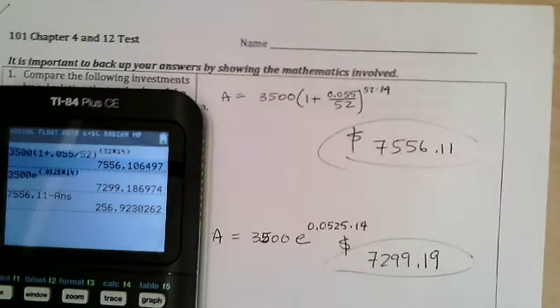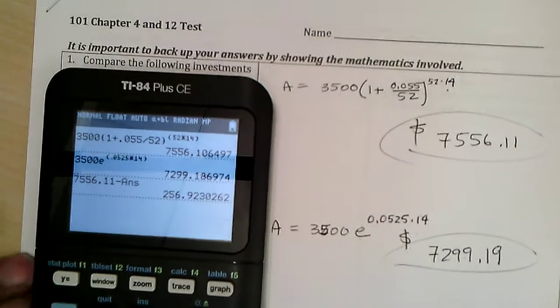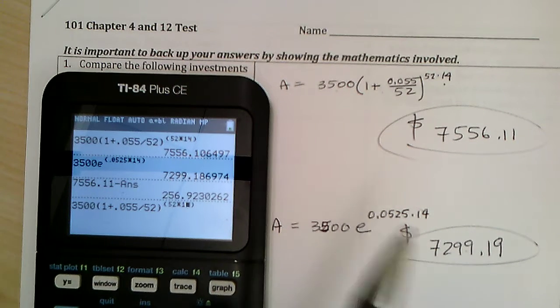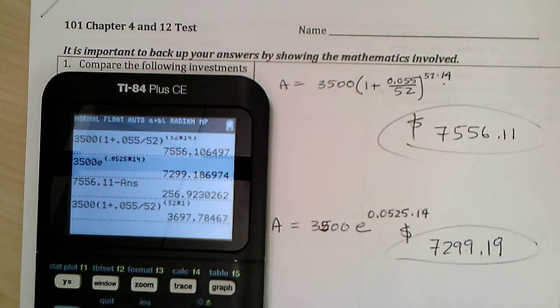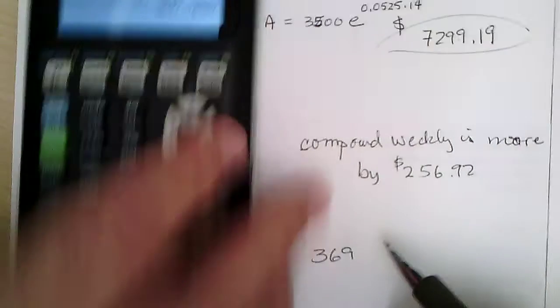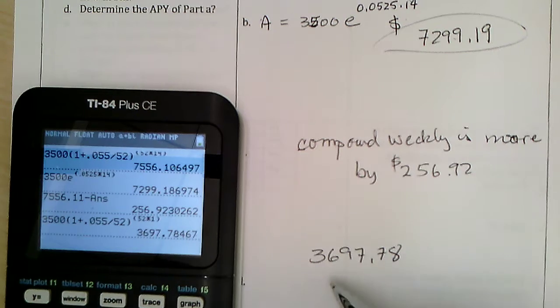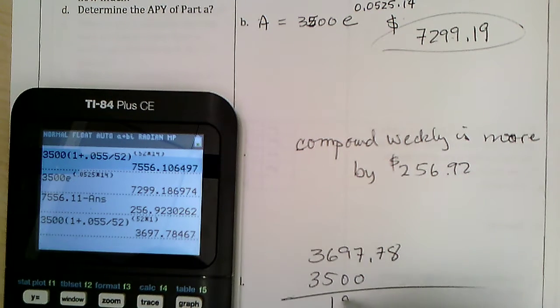And then the APY. So now we got to go back and figure this out for 1 year. So I'm going to go back to that problem. That was this one. This was 14 years. So I'm going to go in here and take the 14 out. That'll be 1 year. So that's 3,697.78. So how much did it gain? Well, it was 3,500. So I subtract that and I get